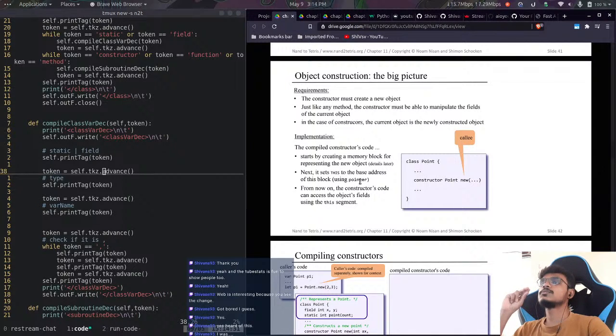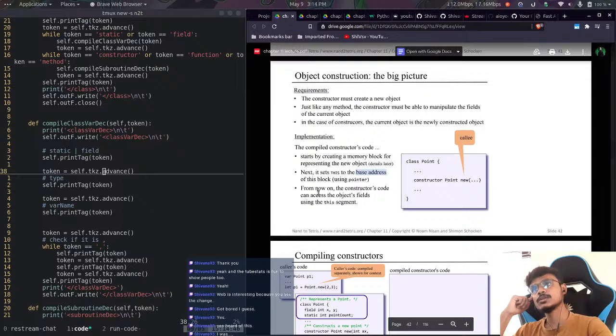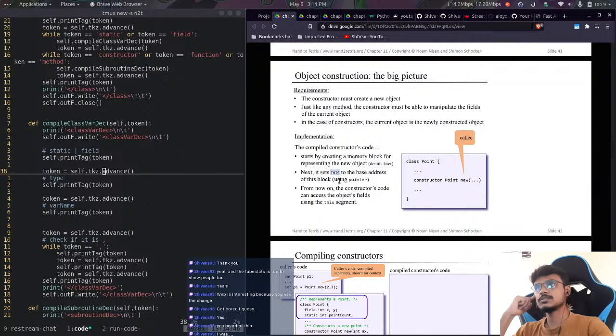So wait a minute. When we create a new object, we should set this to the base address of that block which we are currently working on. Okay, and from now on the constructor code can access the object's fields using this. Okay,